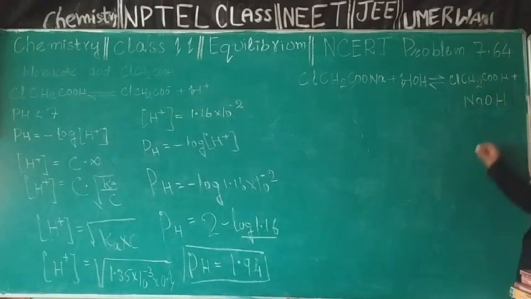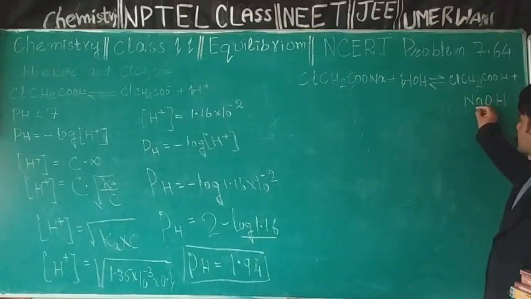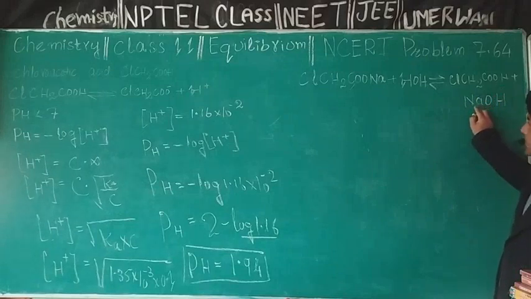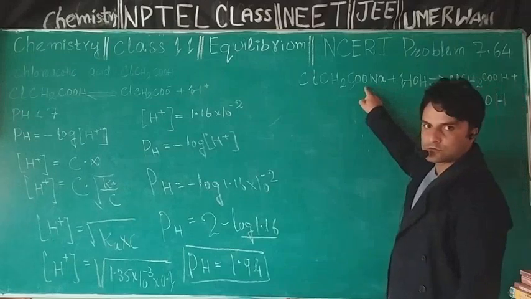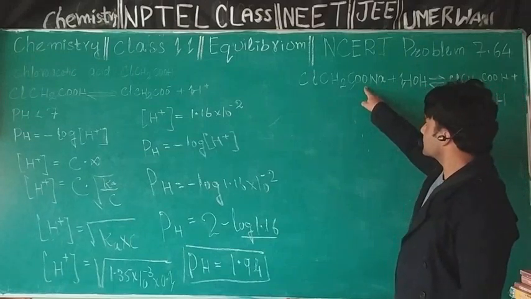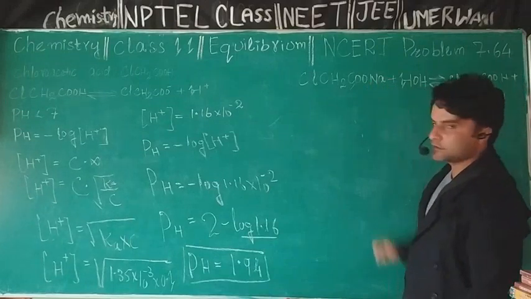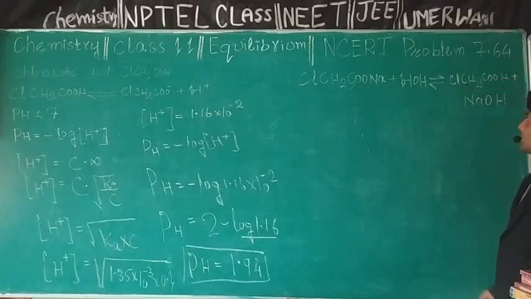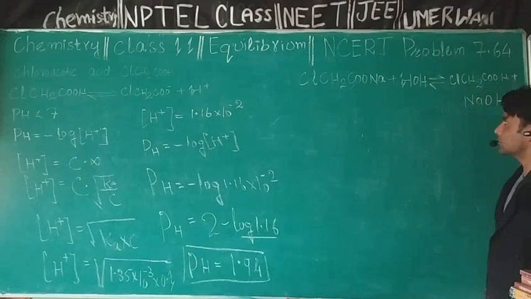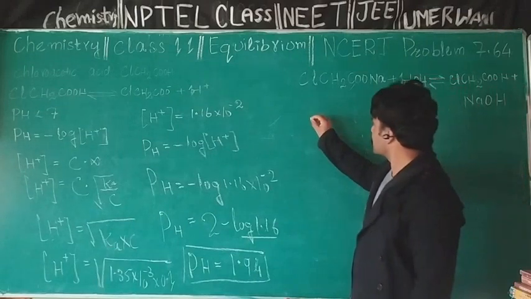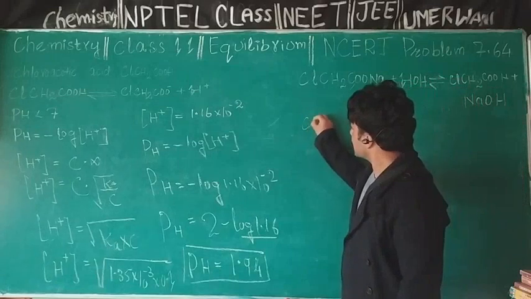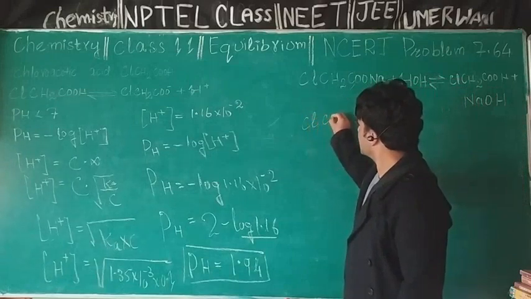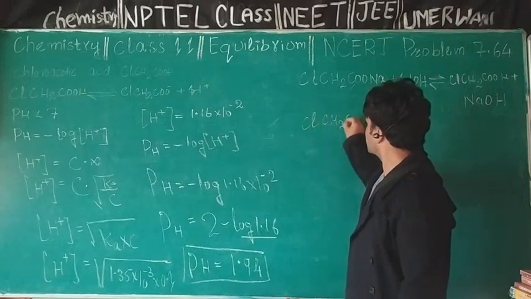Now the idea here is that NaOH is a strong base, so it will exist in the form of ions, and there will be sodium cations on the product side. Similarly, the sodium salt of chloroacetic acid will also exist in the form of ions, so there are sodium cations there too. Sodium cations are common on the reactant as well as the product side, so they will get cancelled. We can write the chloroacetate ion